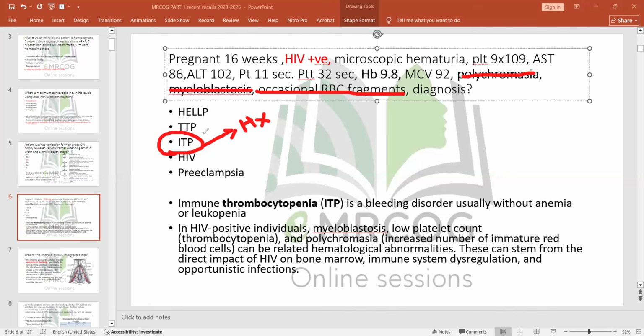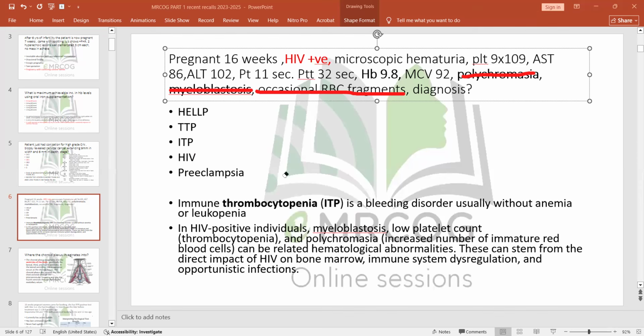Okay, TTP is totally different. In TTP cases, we are having a case who, yes, she is also having thrombocytopenia, but she is having what else, do you know? CNS manifestations. She's also having CNS manifestation. Okay, so it's nothing to do with this one.